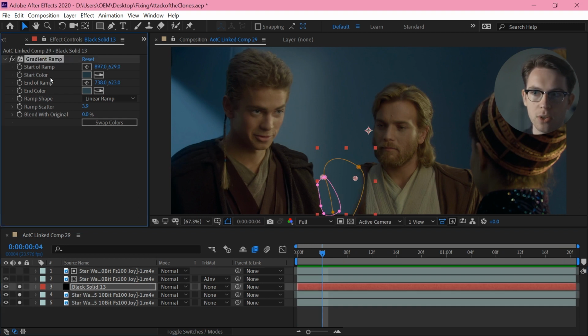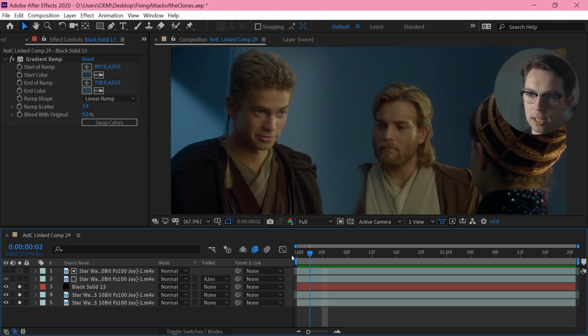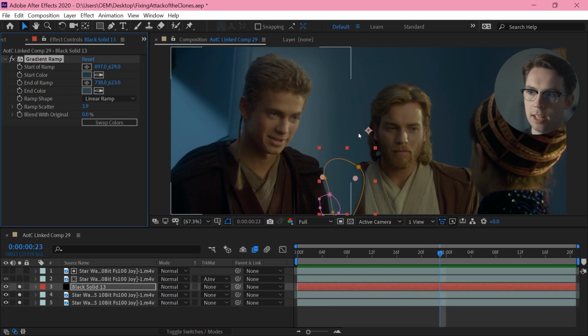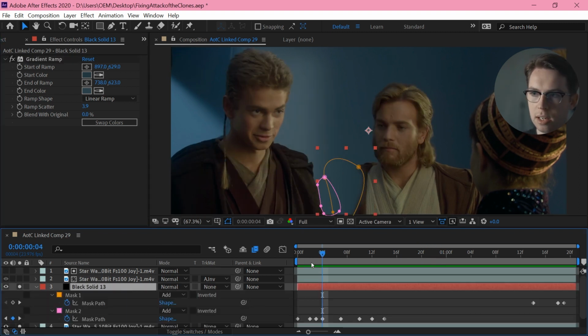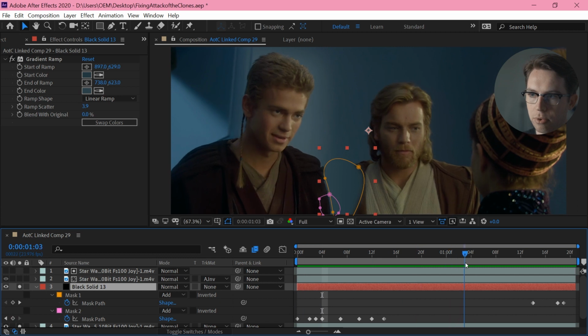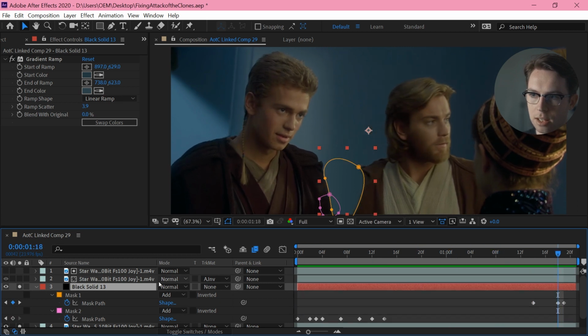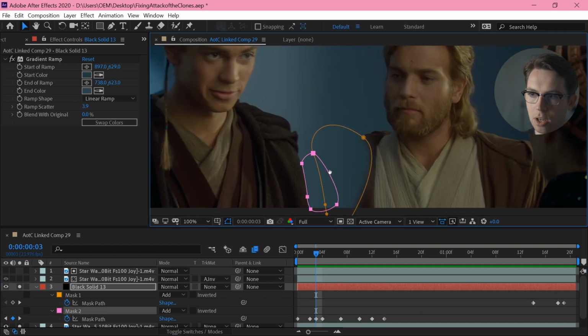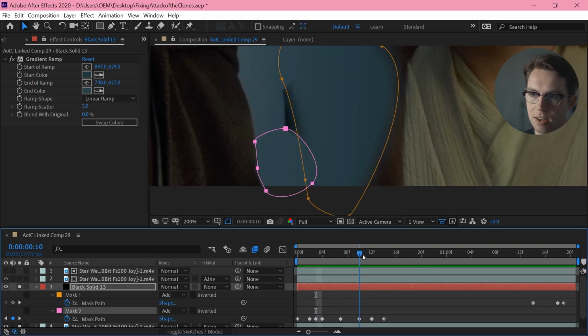So the first thing I'm going to do is a gradient ramp that's just going to fill in this middle area, roughly with the wall texture. I've got one large mask at the top for the broad strokes, and then a smaller mask at the bottom to do the detail work on Anakin's arm here and tighten that up.